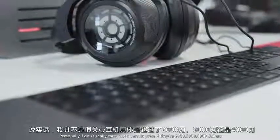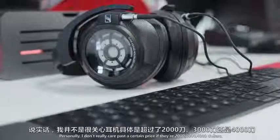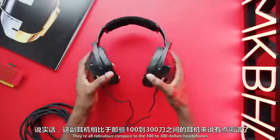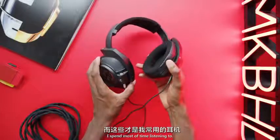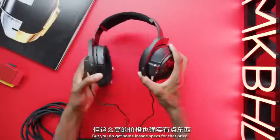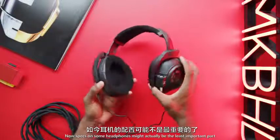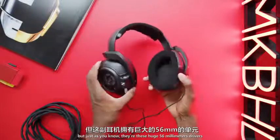Personally, I don't really care past a certain price if they're $2,000, $3,000, $4,000. They're all ridiculous compared to the $100 to $300 headphones I spend most of my time listening to. But you do get some insane specs for that price. Now, specs on some headphones might actually be the least important part, but just so you know, they are these